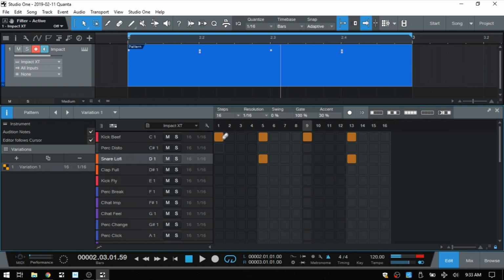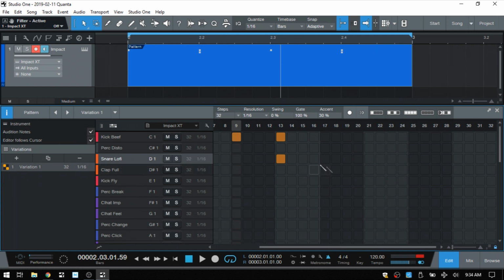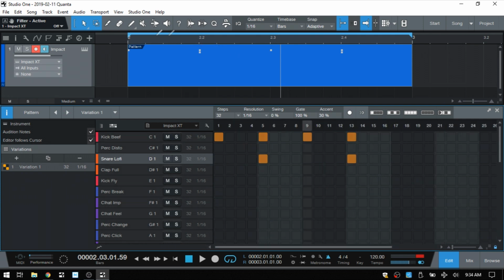But what if we would like to create a pattern that is longer than 1 bar? Well, what we could do is come up to the steps. This is the global control for our steps. And then we can change that to 32, just doubling the steps. And now we have our second bar here. We can see we have 4 new columns, 4 new beats, but we do need to make an adjustment up above, because if I play back with our loop set up, we're just going to cycle over